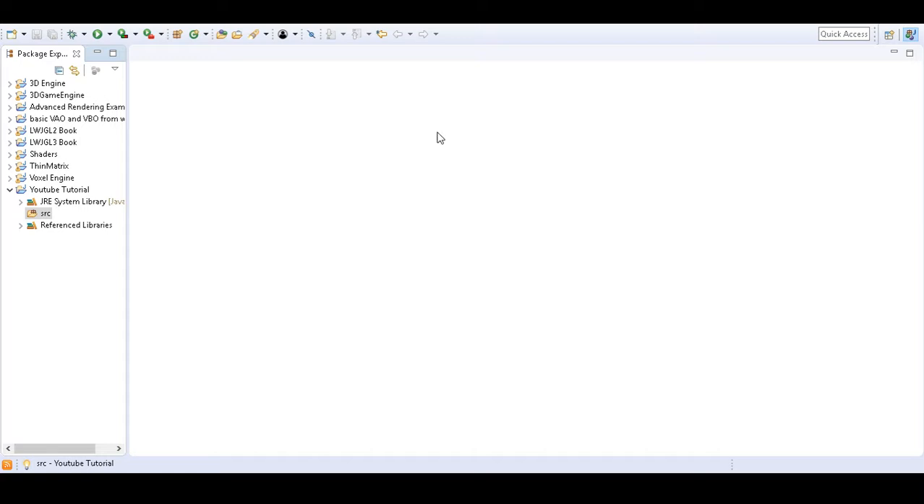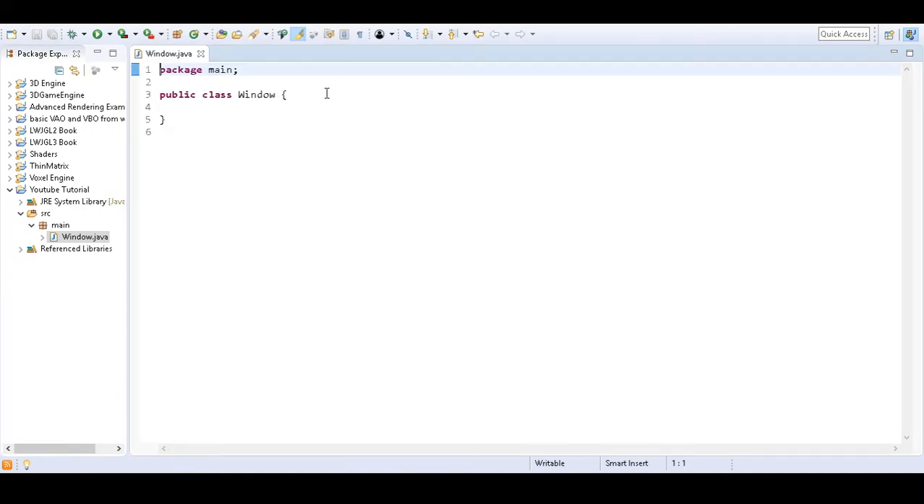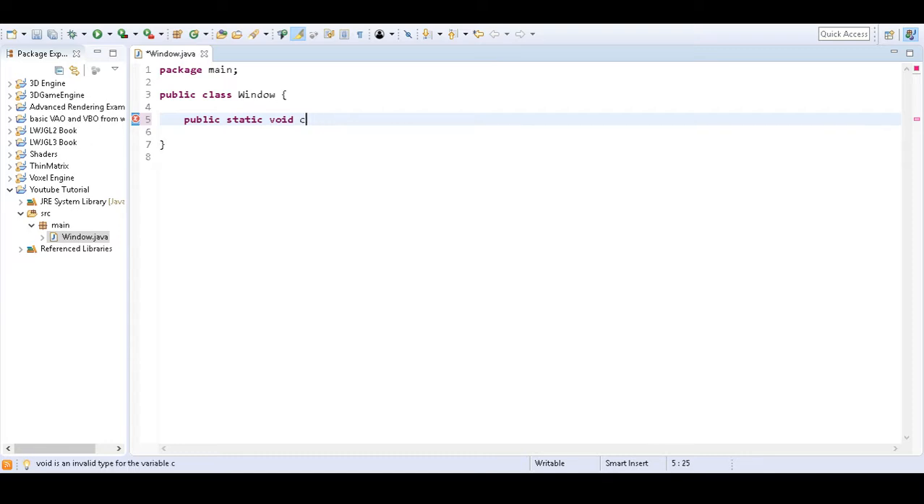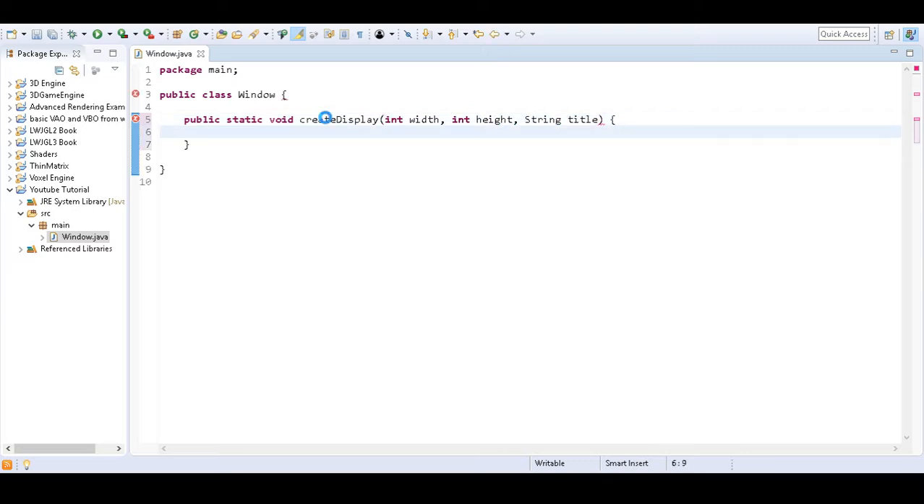So first I'm going to make a package called main. I'm going to make a class called window. I'm going to make the function in there static. I won't make the window a constructor, so public static void create window. But one thing is that this isn't a Java tutorial, so you should know the basics of Java. So create display, int width, int height, string title, and then I'm going to make the context attributes